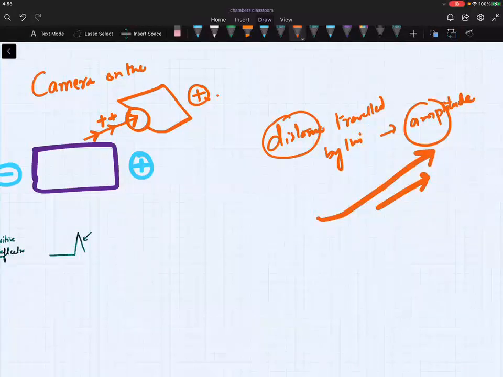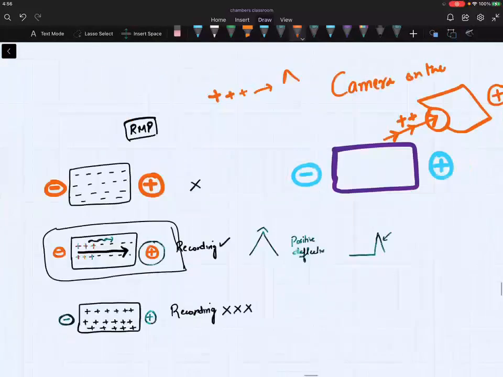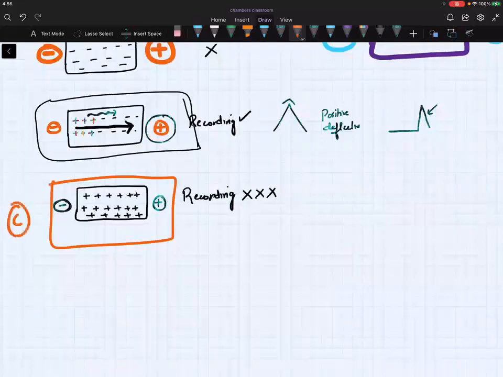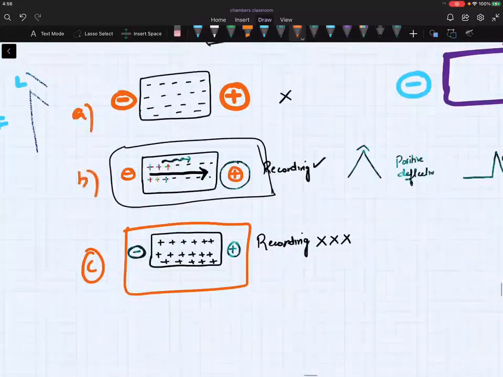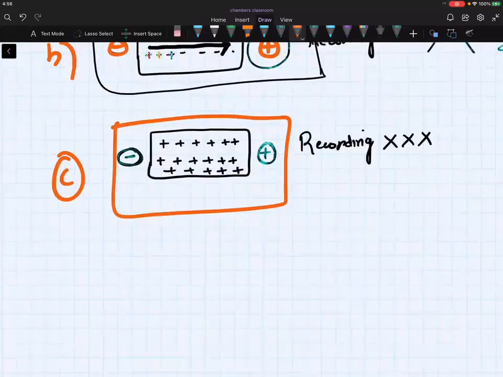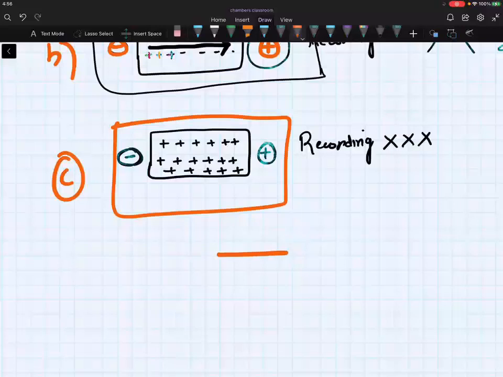Okay. Now, what if I say suddenly everything has become positive? What should the current be? Should there be any deflection in C? If I have three cases in front of you, should there be any deflection in C according to our concept? No deflection. Already made positive, no one is negative in between. It means this phase is only the positive phase, so this will be a baseline.